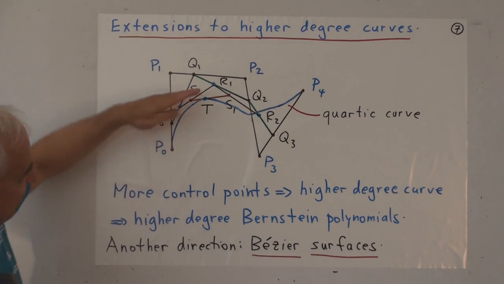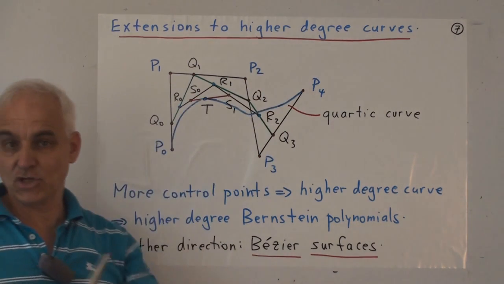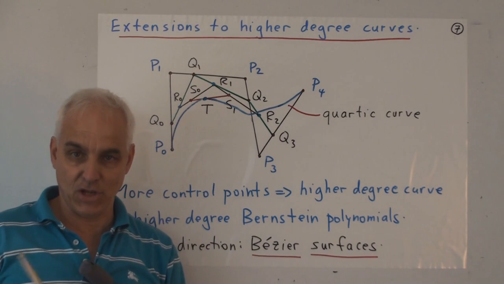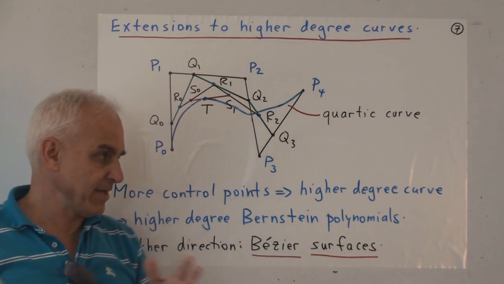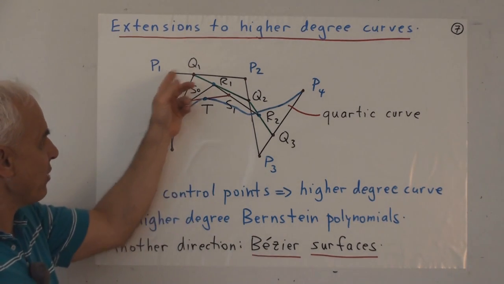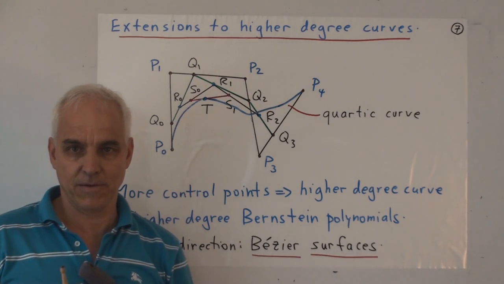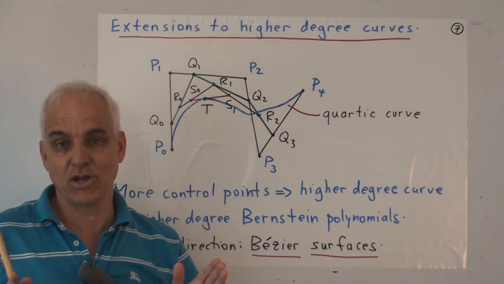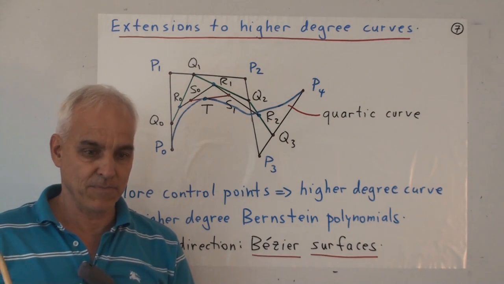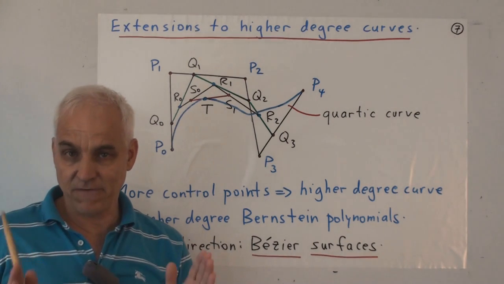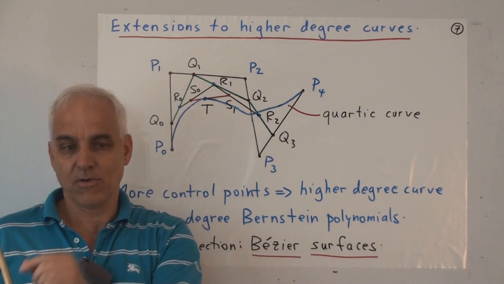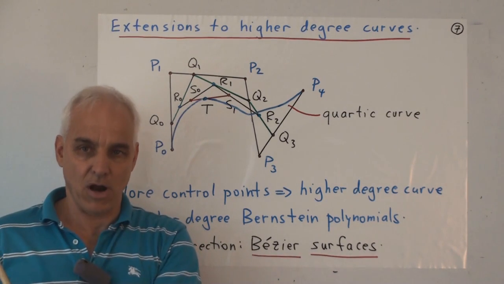So this certainly gives us more control over curves because quartic curves are more flexible than cubic ones. But there is an additional complexity because now you have these 3 control points to move around, and it gets a little bit more complicated. So in practice, it's actually quite reasonable to stick to cubics. Cubics give us enough flexibility to be able to model any reasonably simple arc.